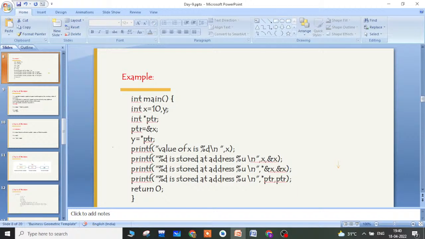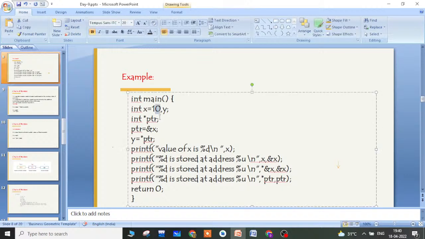Now you can see this is a simple program which illustrates how we take an ordinary variable's value with a pointer variable. So this is my main function. x is my ordinary variable which I initialized with the value 10, and y is also an ordinary variable, and here ptr is a pointer variable of type integer, and now the pointer variable is assigned the address of variable x,